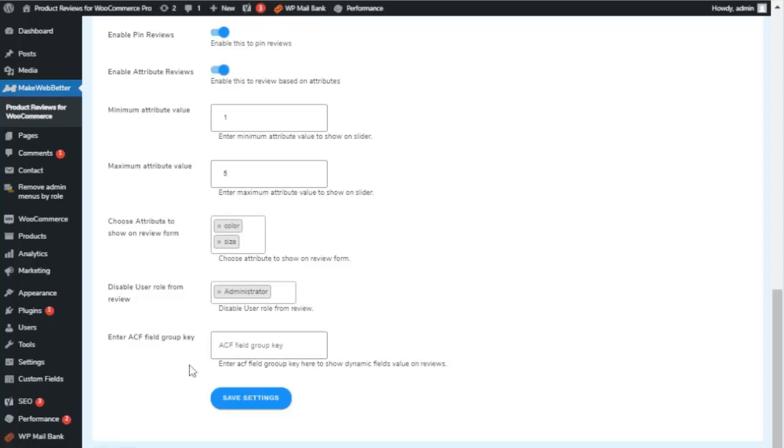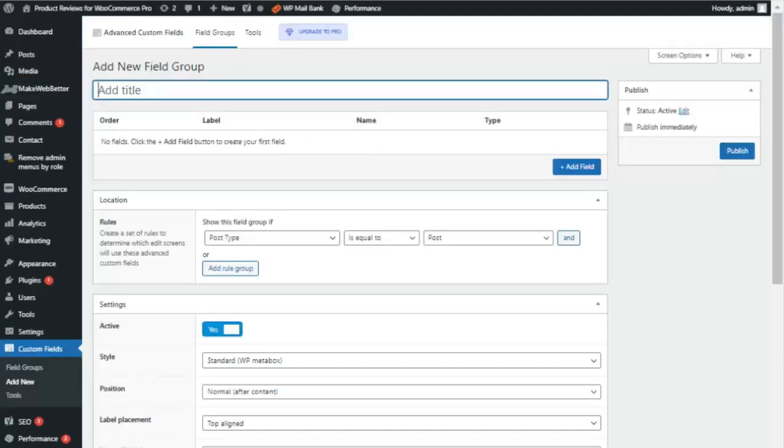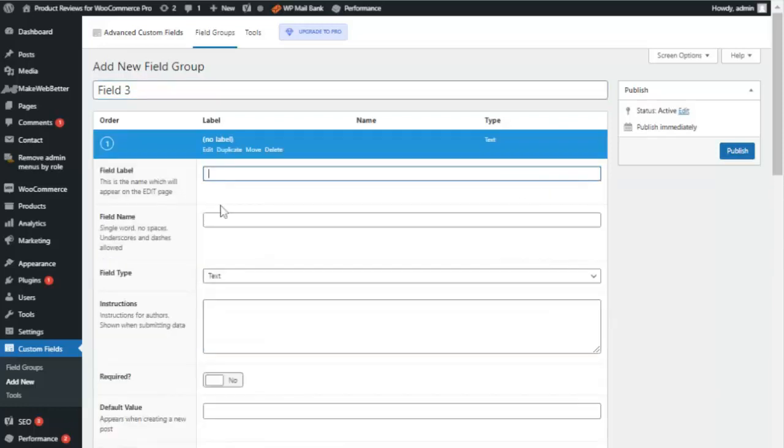So once you have downloaded the Advanced Custom Fields plugin, here you will get to see the custom fields where you can create or add a new field. So let's click on add new. So let's give the title as, suppose, field 3, and let's click on add field.